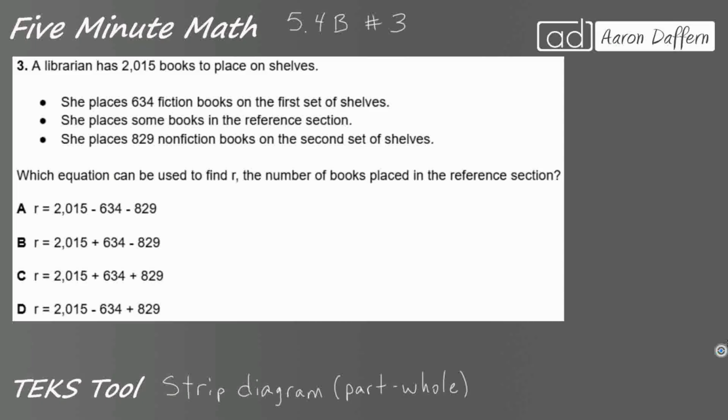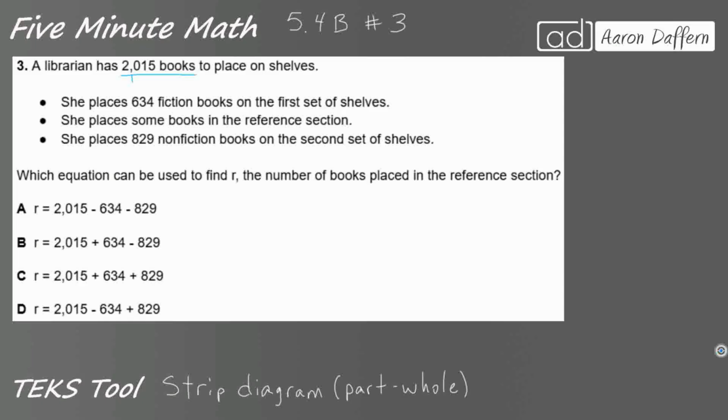So we have a librarian and we have some books to place on shelves, and we've got fiction books and some books in the reference section and nonfiction books. All right, so we need to find the number of books in the reference section. So what type of problem is this? Well, it looks like we've got a total here,